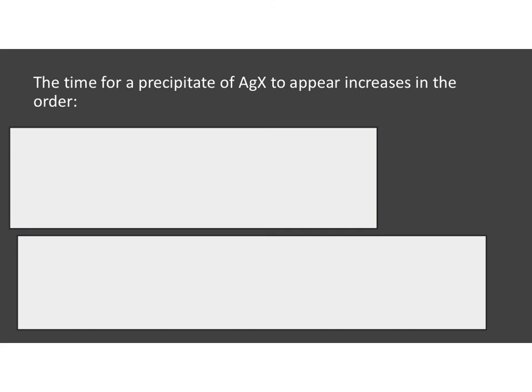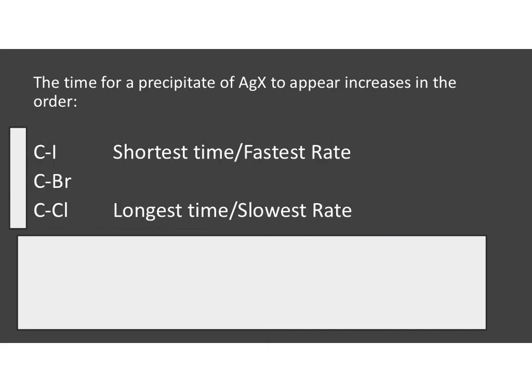So when we do this reaction in the lab, we find that the time for precipitate of the silver halide to appear increases in the order of an iodo-halogenoalkane taking the shortest time and a chloro-halogenoalkane taking the longest time and therefore having the slowest rate. So, what conclusion can we draw? Is it the carbon-halogen bond strength which is the most important factor, or is it the electronegativity of the halogen which is most important? Well, since the order is iodine, bromine to chlorine in terms of the rate decreasing,